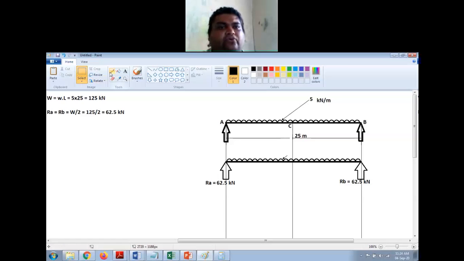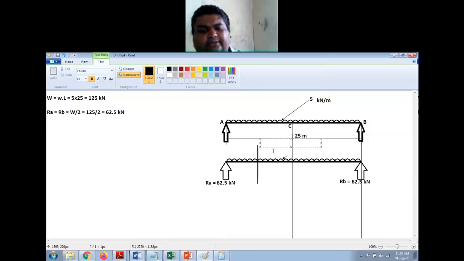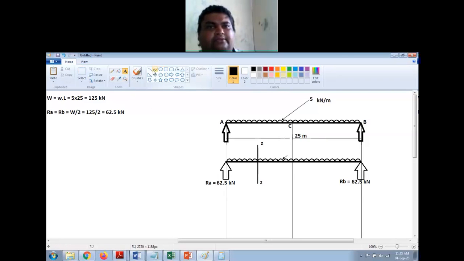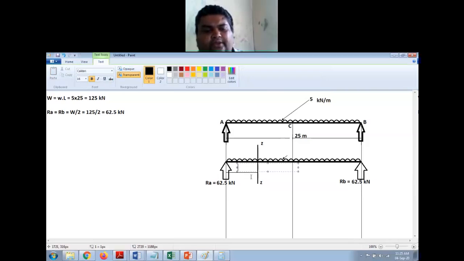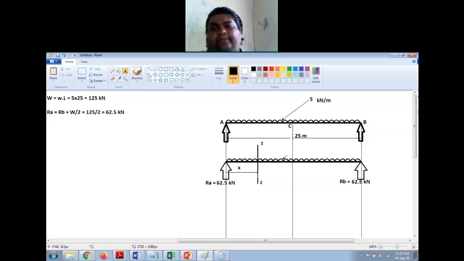Now in order to find the shear force, I need to first consider a section here as ZZ at a distance of X from support A, right? So at this section, what is the shear force and bending moment we'll find, and using that expression, I'll find the value of shear force. Okay. Now,